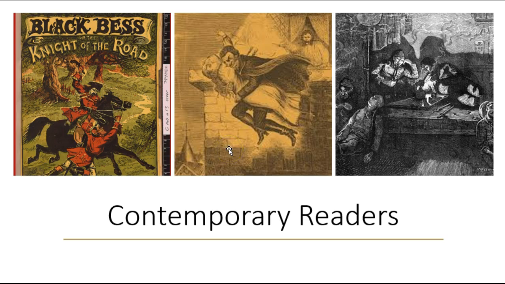Then we have the fact that Hyde gets up to all sorts of stuff that's kept secret from us as readers. Stevenson deliberately doesn't tell us what it is. This allows the Victorian reader to suppose that it is something like this, kidnapping young virgins and having sex with them. Of course, that might not be what happens at all, and if you've watched some of my other videos, you'll know that there is a deeper clue as to what Hyde's sexual activities are. I won't deal with that here. But this is what would have been in the mind of the Victorian reader.